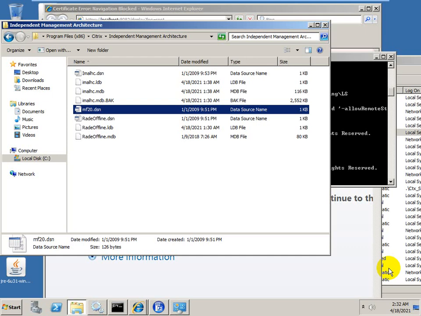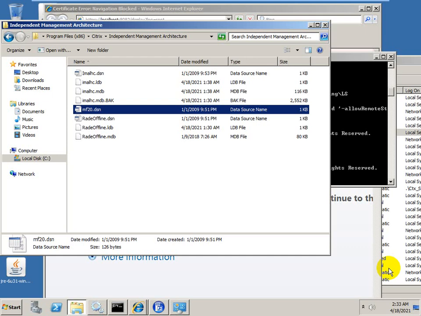Whatever information IMA pulls or pushes to the server, it stores in IMALHC.mdb. This is a Microsoft database. Can you tell me the name of the database? It is Microsoft Access database.